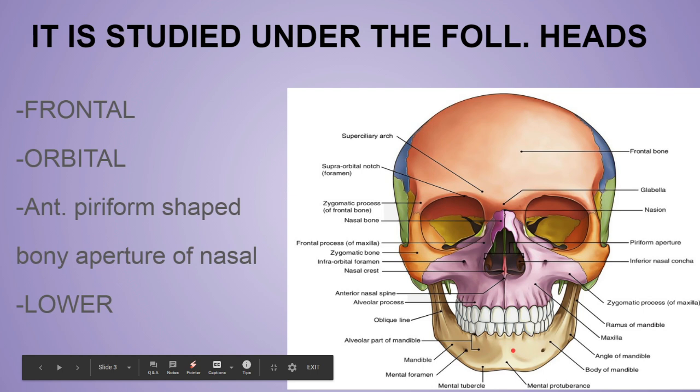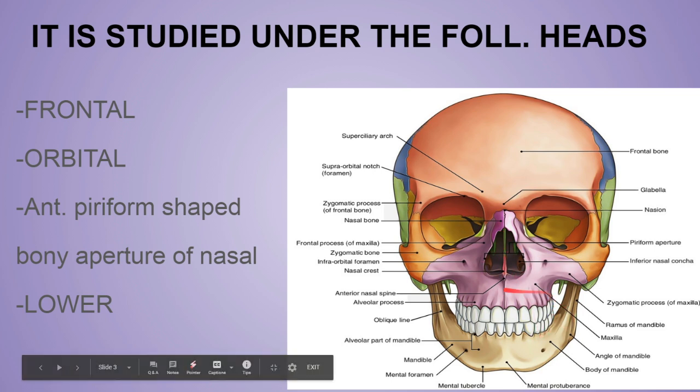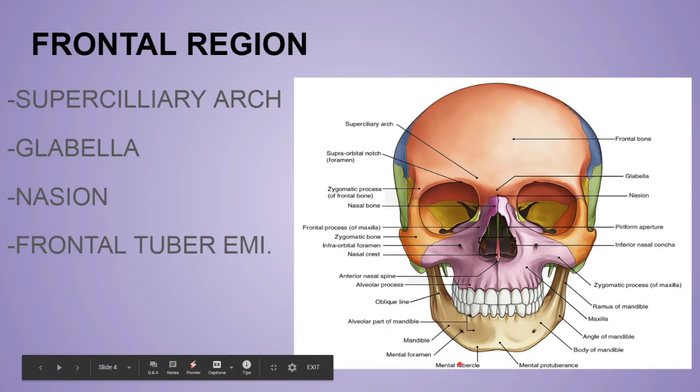Now it is mainly studied under 4 main headings. That is the frontal bone, first of all this part, orbital part, anterior piriform part, or we can say whatever hole over here you can see, this is the aperture. This is the piriform aperture. If you feel your nose, it is mainly formed by cartilage only. So over here this will form mainly your nose, this part, and cartilage over here will form your nose. So this is your nasal aperture, and above this we have the nasal bone, right? This part, the piriform part, is the nasal aperture, and in the lower part we will have this portion. Okay.